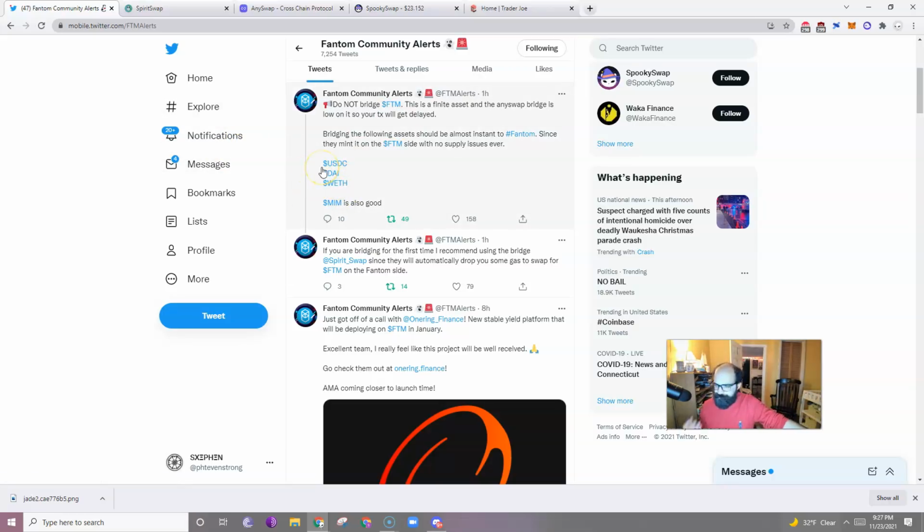So, you're still left with an issue though. If you bridge those assets over to the Fantom chain, you still have no gas to do anything with those assets. So looking at the second tweet from Fantom Community Alerts, which, if you're moving on to the Fantom chain